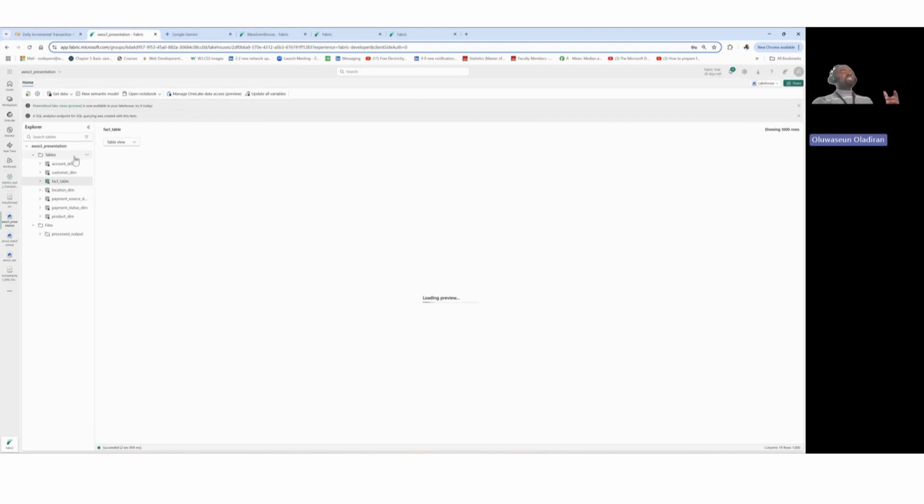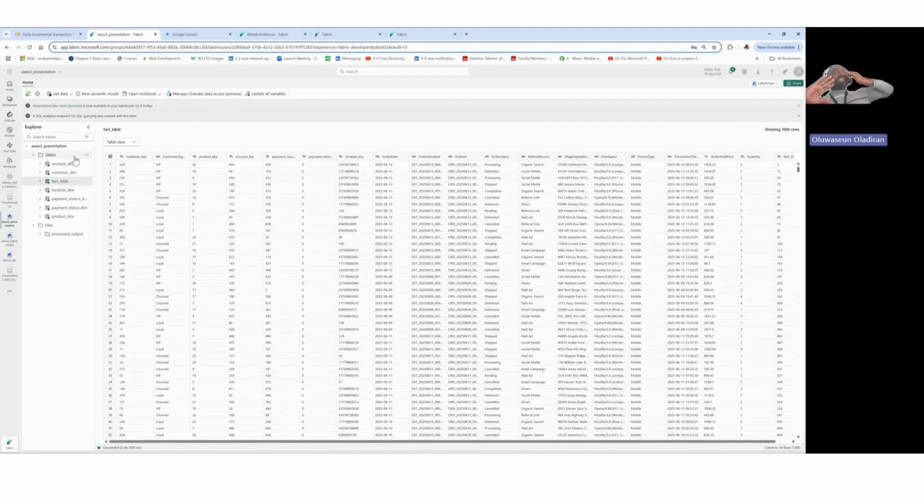Then the next thing now is we have our good data set. So the next thing is to create a semantic layer on this data set. And that semantic layer is where you build your Power BI reporting model. So I always say Power BI model. So if you go to semantic model,